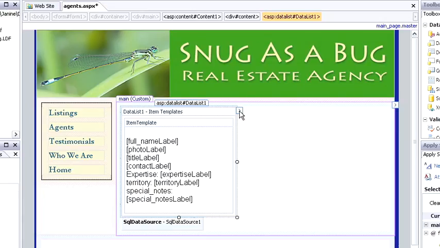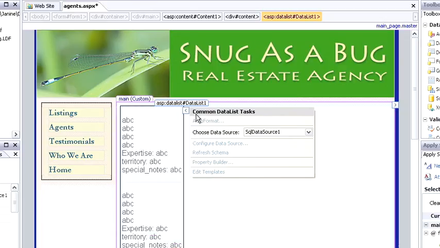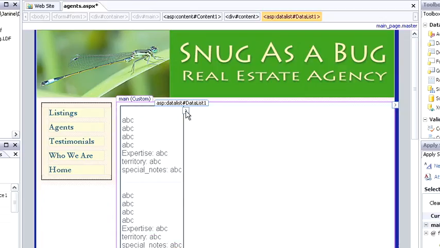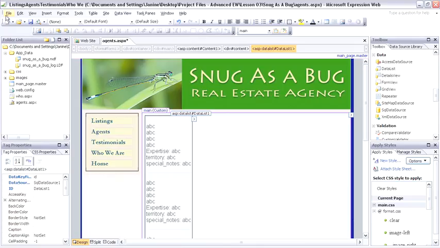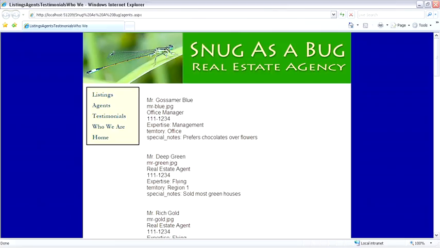When you're done editing a template, you have to click on this little arrow and choose End Template Editing, and then close that window by clicking on this little arrow. Then you can save the page and preview it in a browser. And now you see I've got the full name,